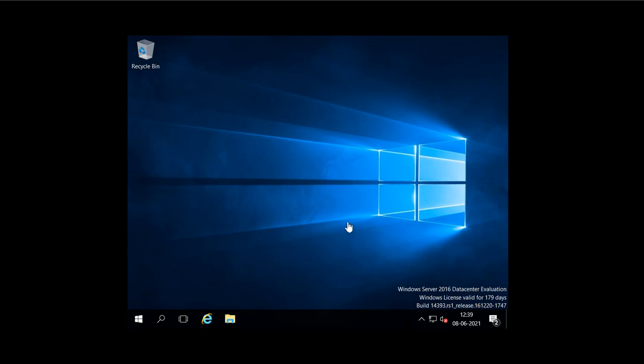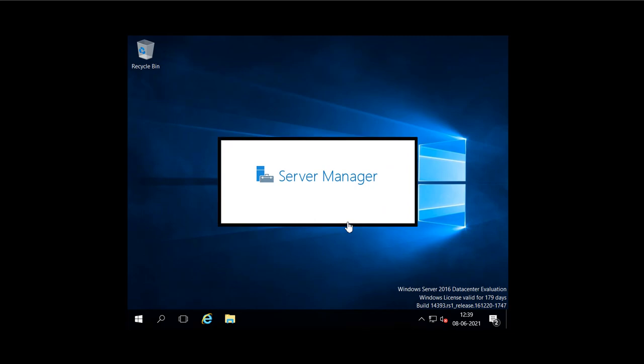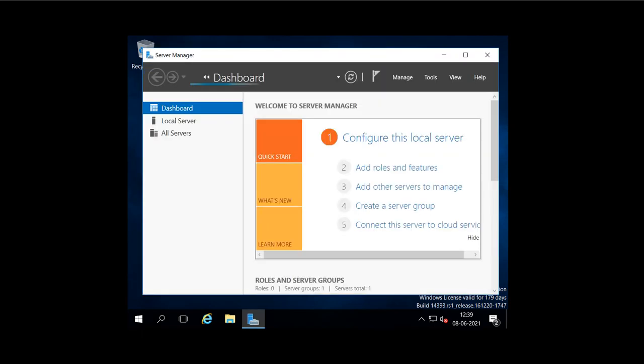Now it will automatically detect the resolution also. It will detect the resolution by this VMware Tools, and it will make the screen according to your resolution. Or we can also change it.